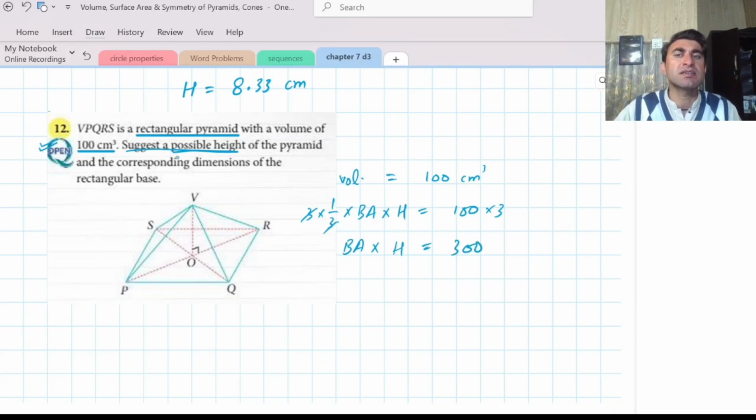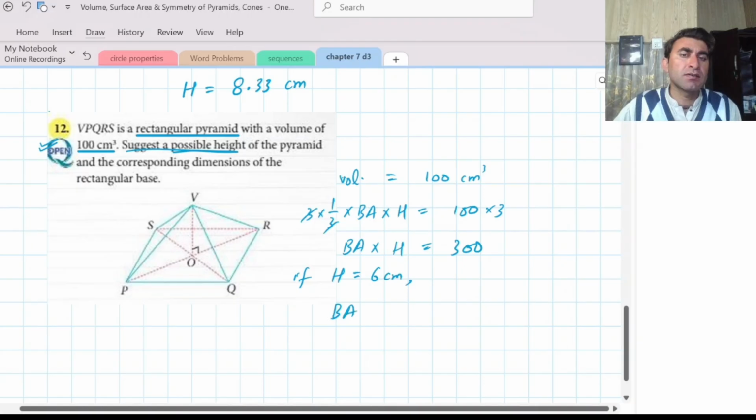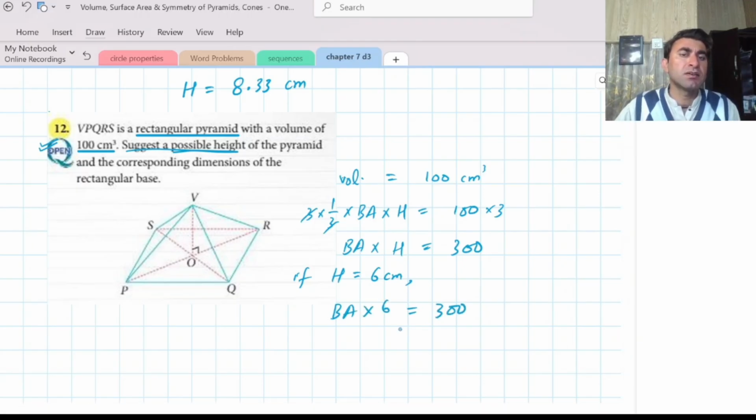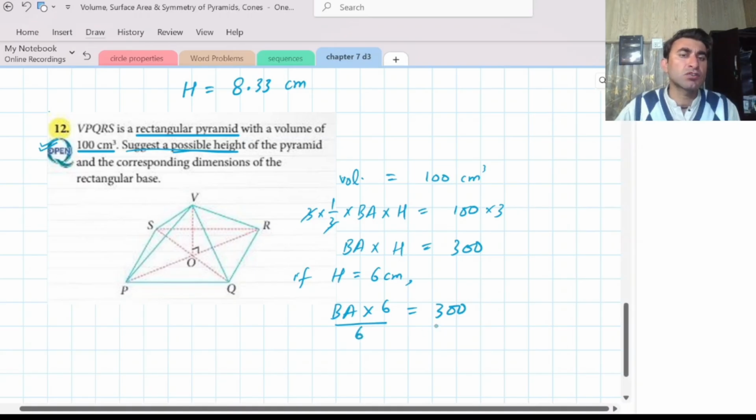Now here we suggest a possible value of height, and it can be any value, but a value where the calculations remain easy. Like if I suppose that h is equal to 6 centimeters, suppose it can be 5 centimeters, 6 centimeters, 10 centimeters, any value. So the base area multiplied by 6 equals 300, and if I divide by 6 on both sides in order to cancel 6 on the left, base area becomes